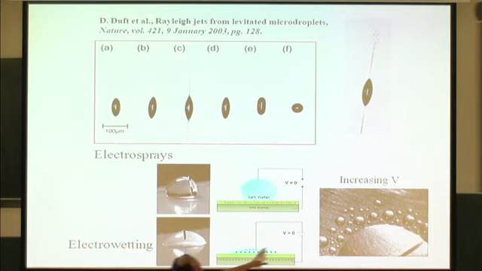Now what you see here is the appearance, in this same problem, of another kind of instability which is very related. It happens when you apply more and more electric field, more and more charge to the drop, that the drop, instead of spreading indefinitely, reaches some limiting radius. This is called the saturation radius, and after that, no matter how much you increase the voltage, the drop is not going to spread anymore. What happens is that at the rim of the drop, this is the view from above, an instability develops, and this instability leads to the formation of many, many small droplets. So it's the same situation in principle as the one before, but in a somewhat different context.